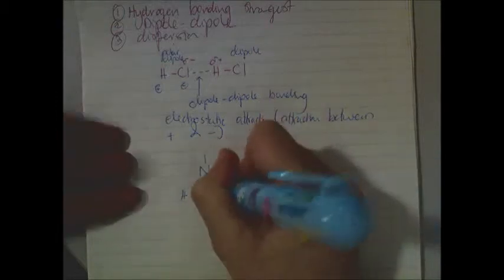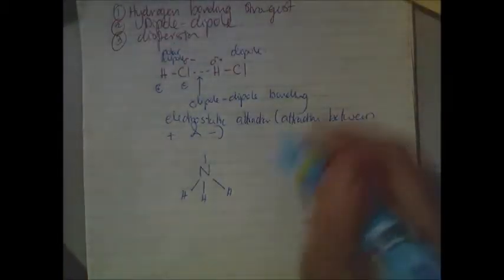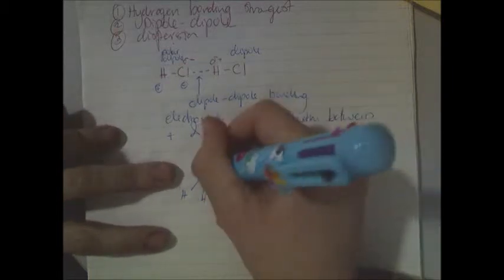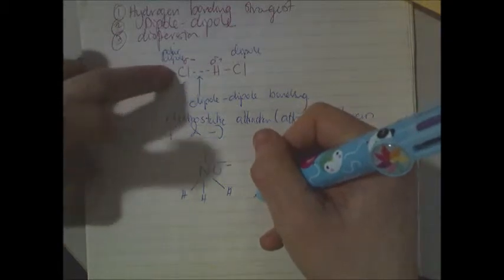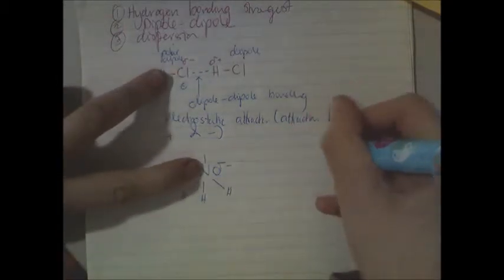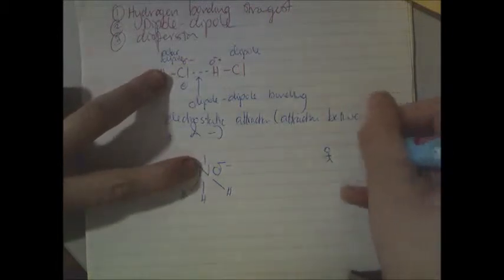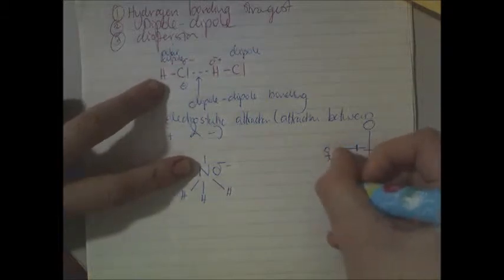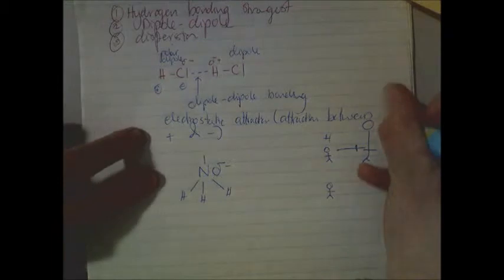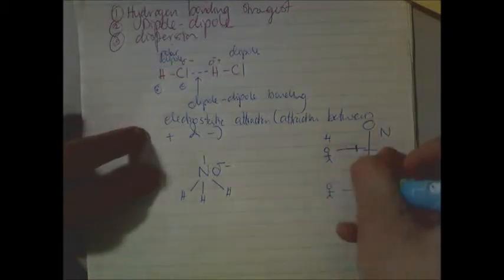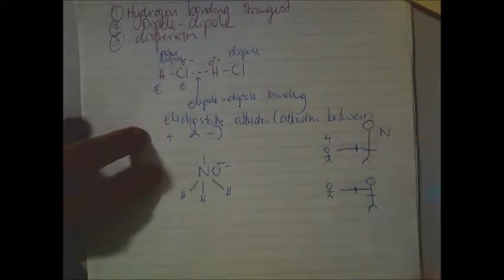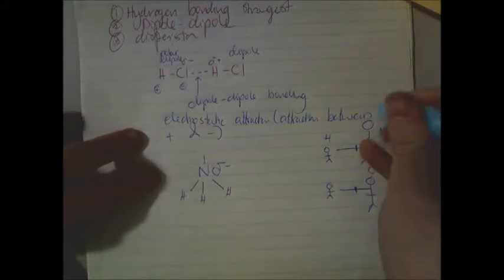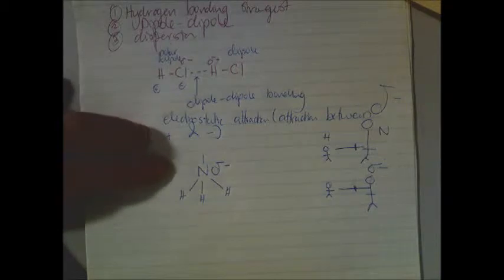Now, between the N and the H, the N is more electronegative than the chlorine. Well, N, O, or F are technically the most electronegative elements on the periodic table. So when N is sharing with H, it gains a larger delta negative than the chlorine would, because there's a greater difference. It's like if you've got a small person in a tug of war with a larger person, it'll be much closer to the larger person. But in H and Cl, you still got the H, which is a small person, but now you've got a Cl, which is just a medium-sized person, so it won't be as close to the Cl, giving it delta negative, but this one, it'll be a large delta negative, okay,